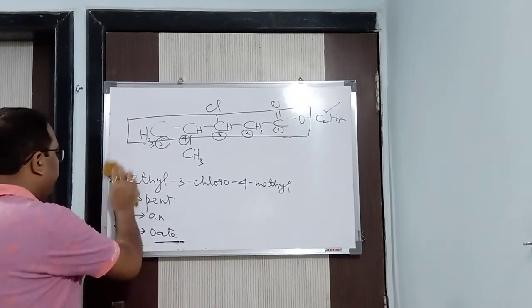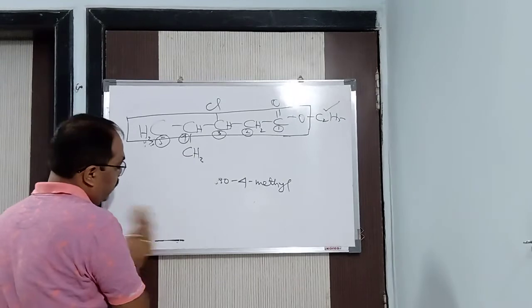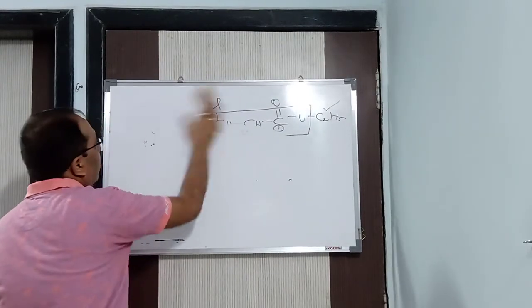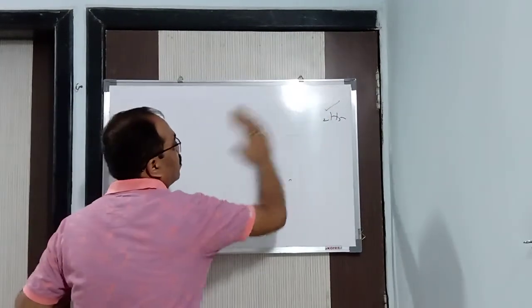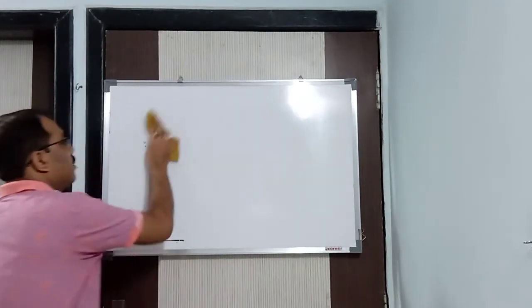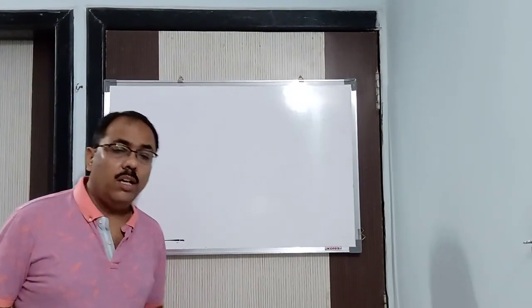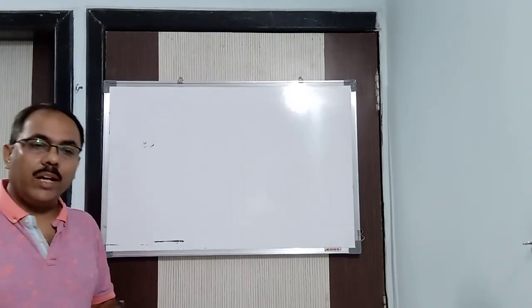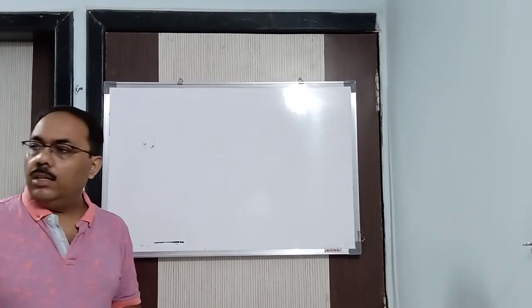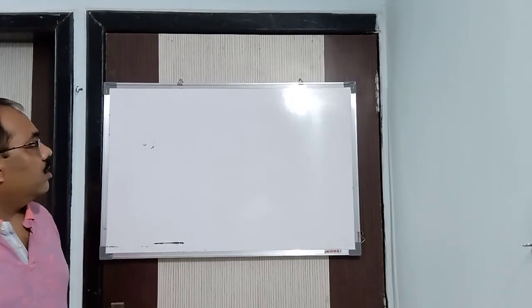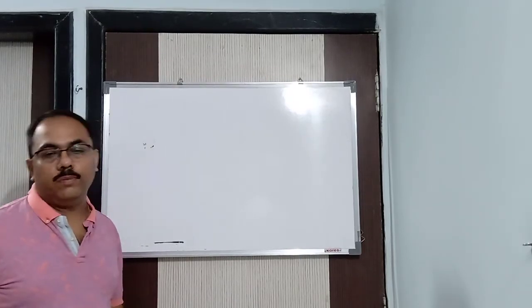So next, I gave you a lot of examples upon the functional group. Now you need to do a lot of questions. Every day I said you're supposed to do 5 questions every day. Every day you need to do. Then only you can learn the nomenclature of organic chemistry. Once in a blue moon if you do it, then God can save you. That much I can say to you.